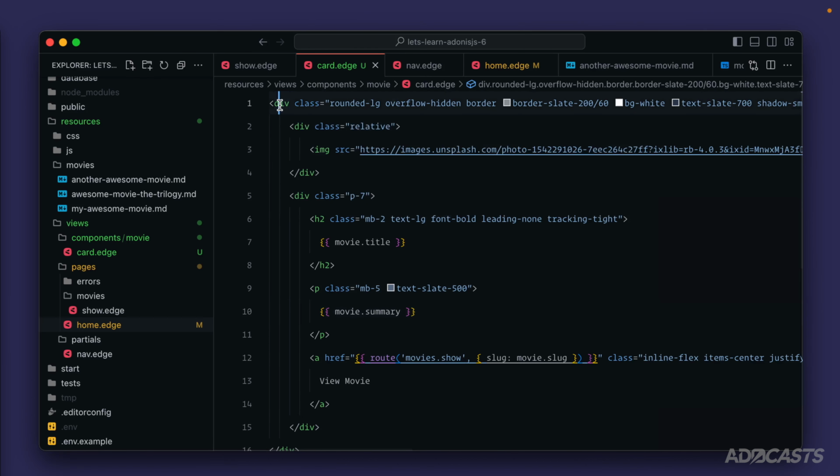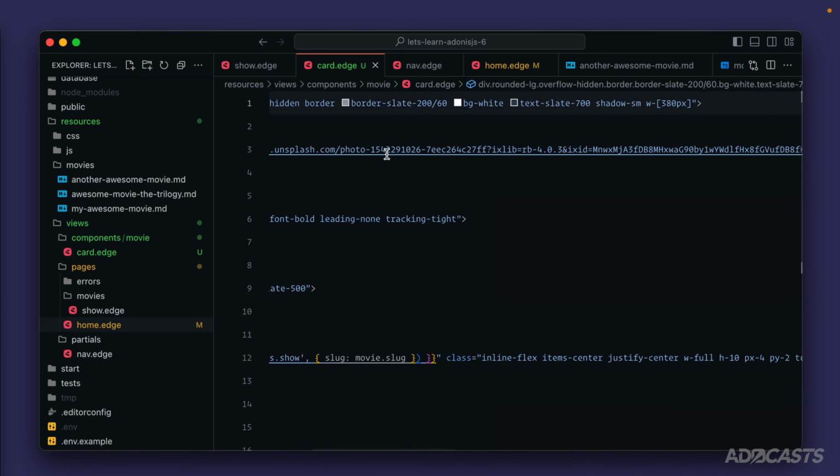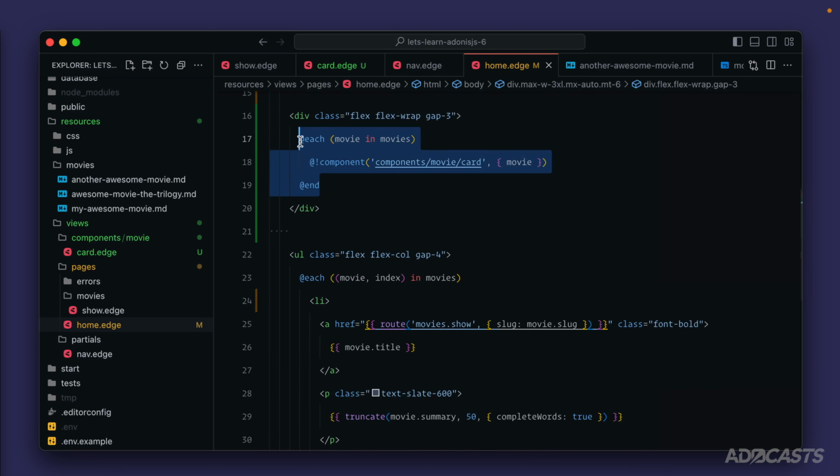If we take a look at our top level div here, and we scroll over through the class list, we'll see that it has a width of 380 pixels. Well, at this point in time, we don't really know what width we want it to be because we're not quite sure how many movies we're going to want to squeeze onto a single row. It would be nice to be able to specify that at this level where we're actually using the movie component, because we could be using it in a grid that has plenty of room, or we could be using it within an aside that's limited to just 300 pixels. That's where that ATTRS helper that we took a look at on the HTML variable in the last lesson comes